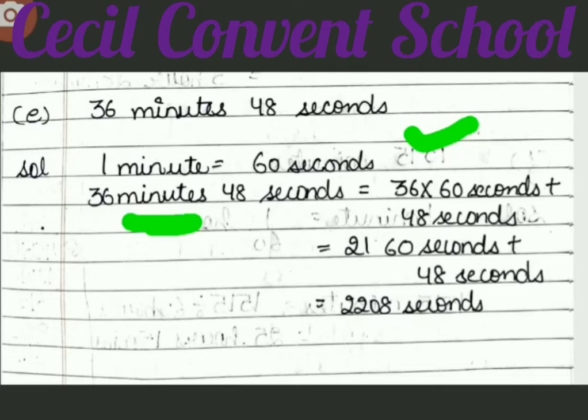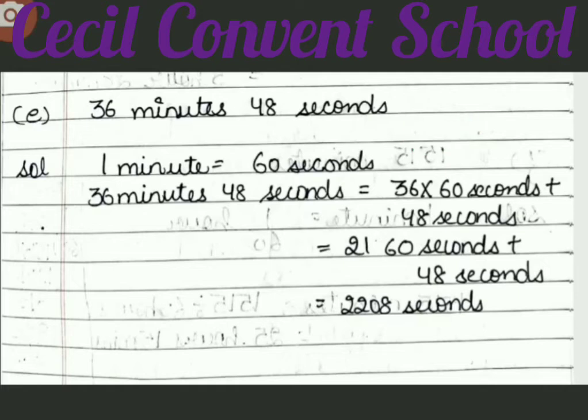Now 36 you have to multiply by 6. When you multiply by 6, answer will come 216. Clear? And along with 60 there is 10. So you put a 0 here. Answer will be 2160 seconds plus 48 seconds, which is already in seconds. Now this number and this number you will add. When you add it, answer will come 2208 seconds. Clear, students? Now you have to do B and D part of question number 2. And in question number 1, only the B part you have to do in your fair maths notebook.